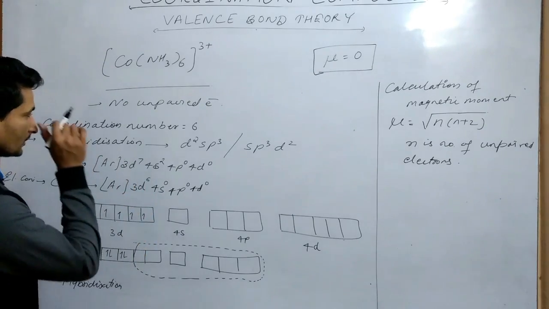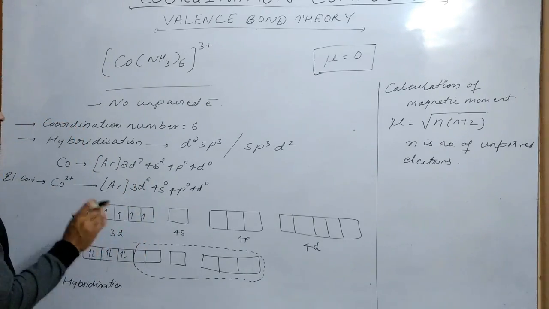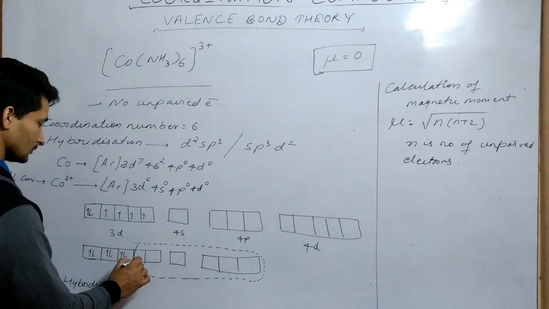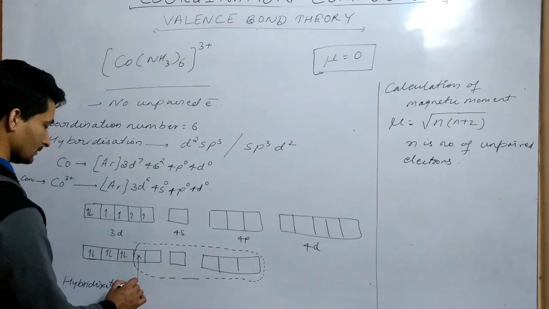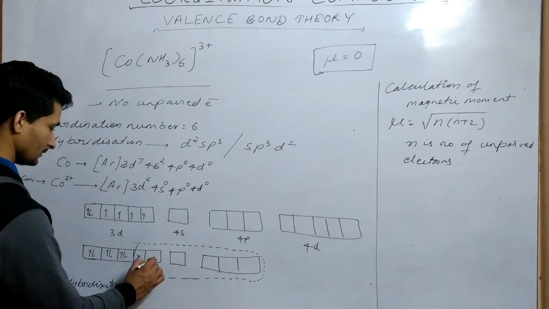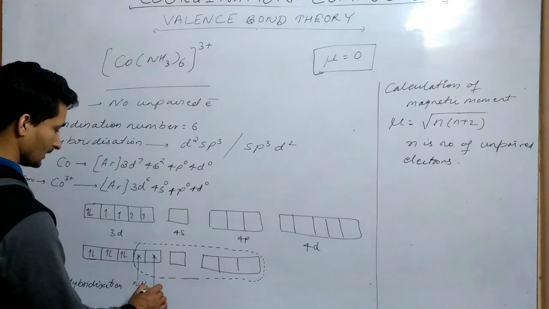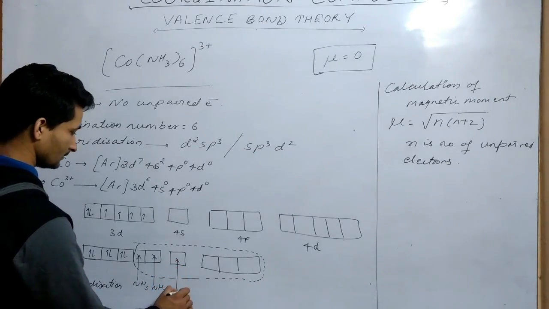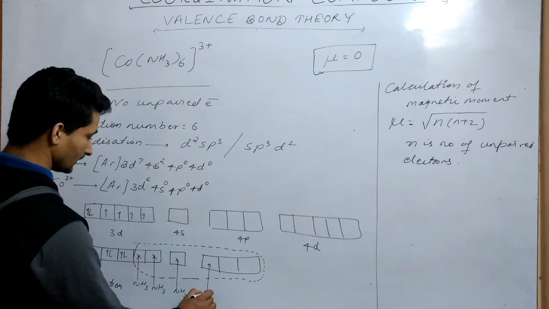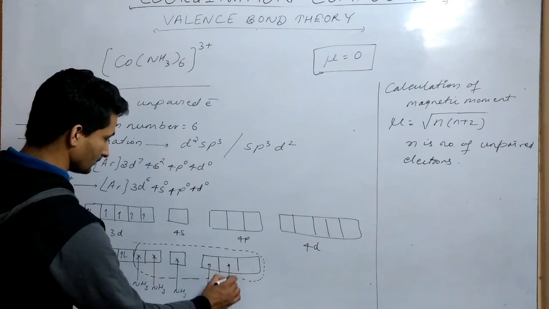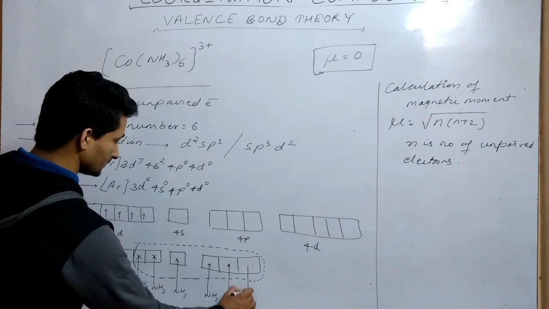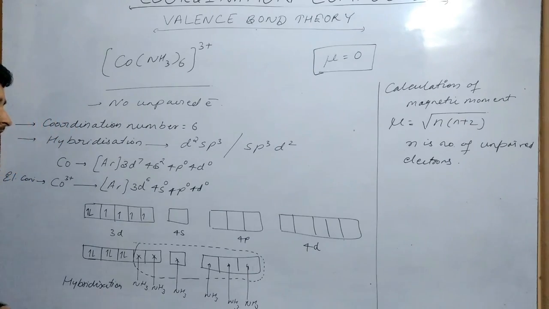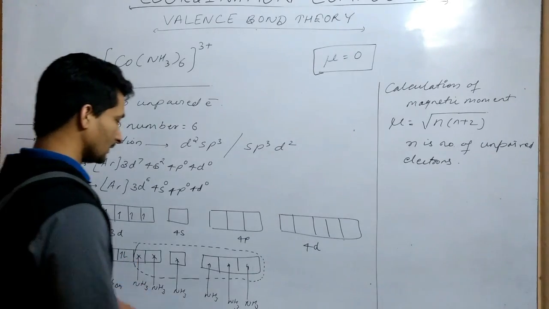Here you can see that ammonia forms coordinate bond by donating its lone pair of electrons. So here 1 NH3, here 1 NH3, and all these electrons will be paired. 1 NH3, 1 NH3, again 1 NH3, 1 NH3. Okay, so hybridization becomes d2